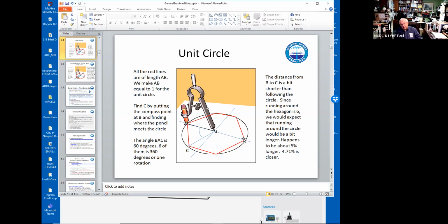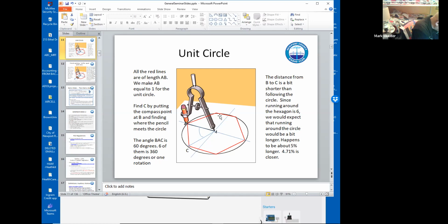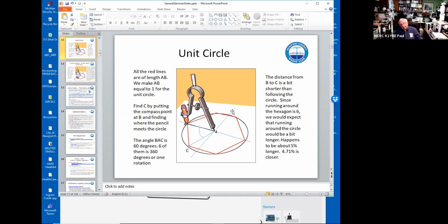How far is it to go all the way around? Well, let's say this is 1 from A to B, right? That the distance is 1. Make it anything you want, miles, inches, whatever. Start over here and go along here. That's 1. Then another 1, and another 1, and another 1, and another 1. How many ones did we do? 6. So if I were to follow the path all around here, the real circle, would I expect that